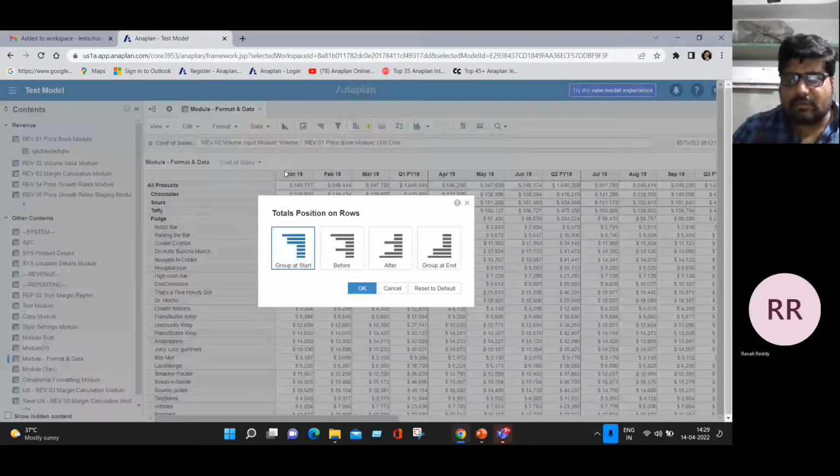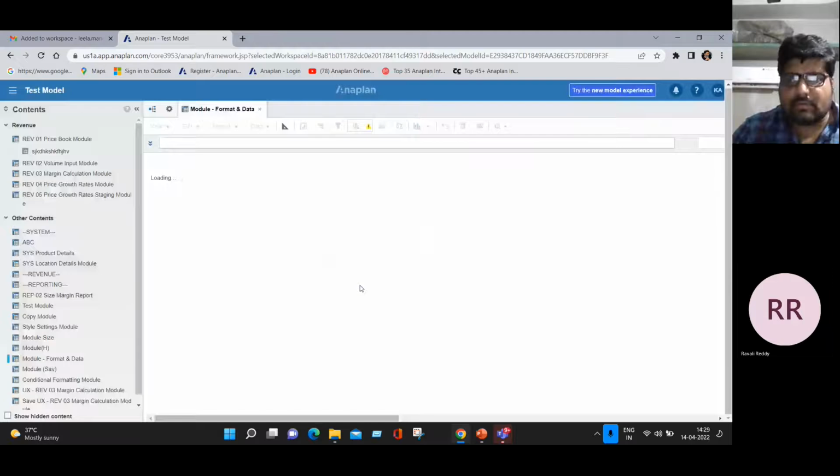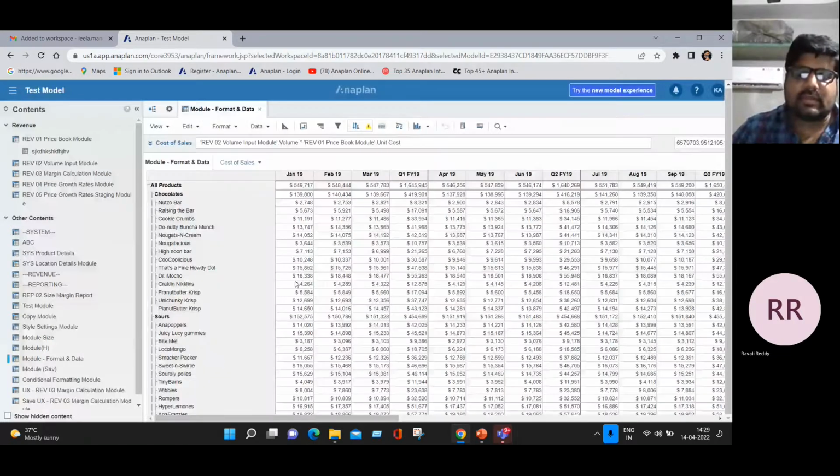By clicking Before, the parent will be placed before the child. Here chocolate is the parent of nutrition bar, raisin bar, and all these items, and it will be placed before the child items. And similarly,